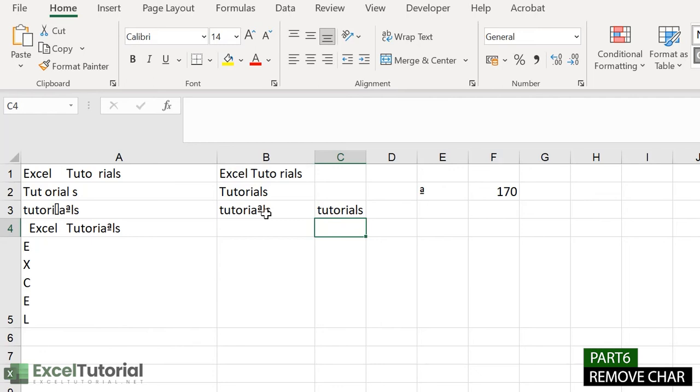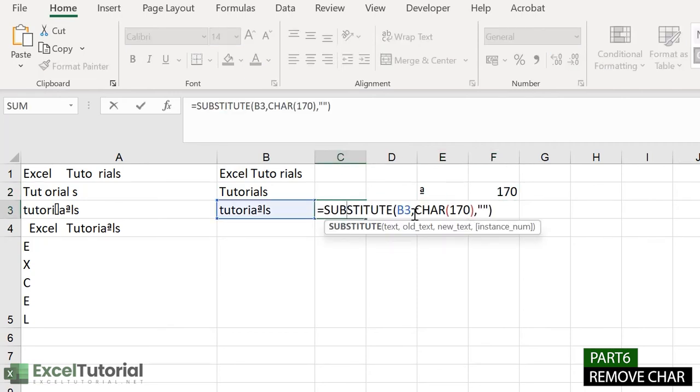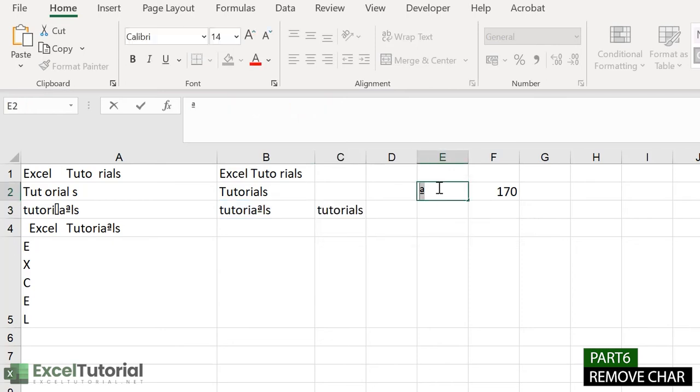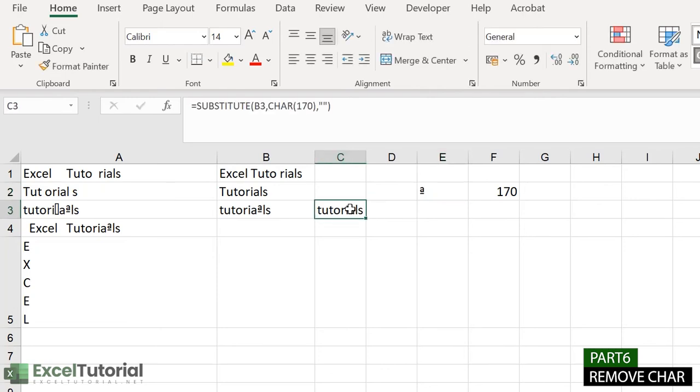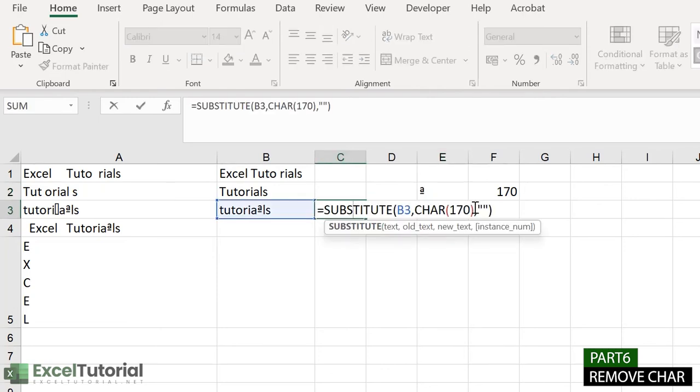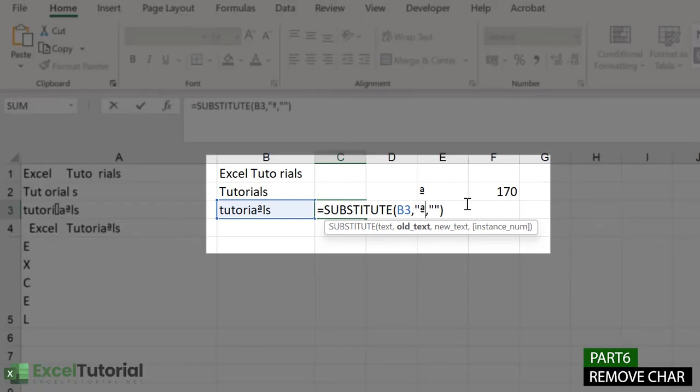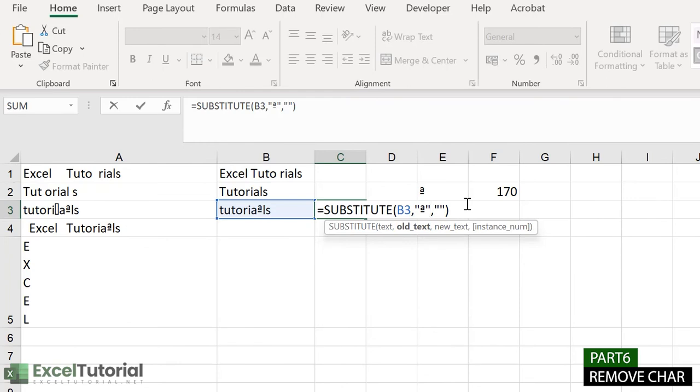So I hope you understand how to identify the code of this particular character. Once we find the code, we enter the CHAR formula with the code. Let's see if we can do it directly, without the help of the CHAR function. For that, we just need to enter that particular character in quotes and press enter.